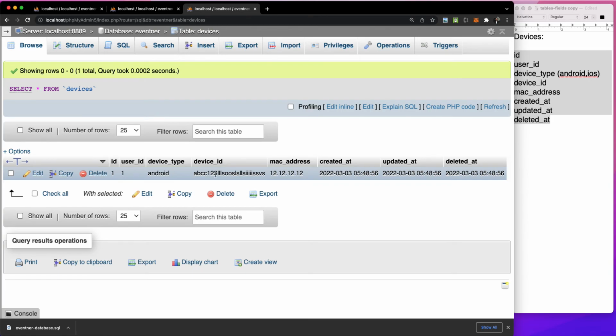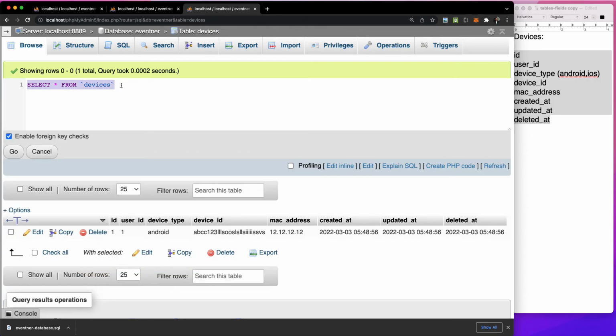So you can see here, when you integrate Firebase with your mobile applications for the push notification purpose, then Firebase will give you a device ID which you can print, log, or send through an API to our devices table. Similarly, you can perform other operations like you can delete the devices, and you can,